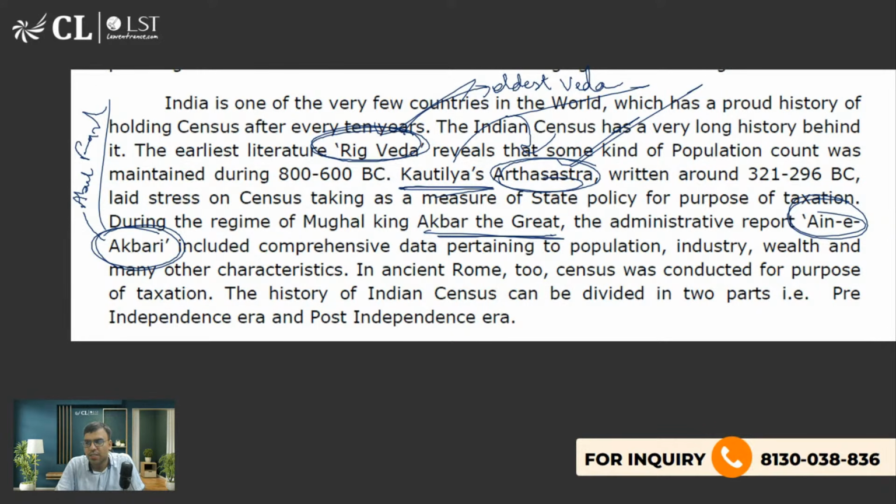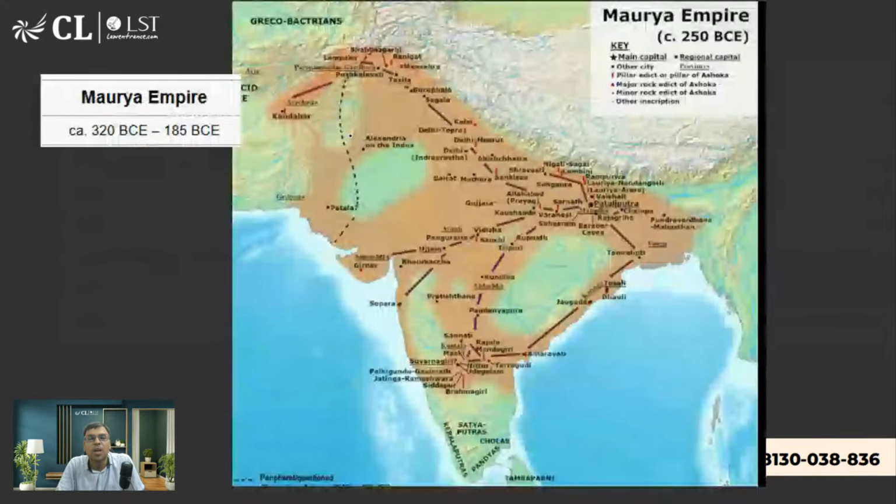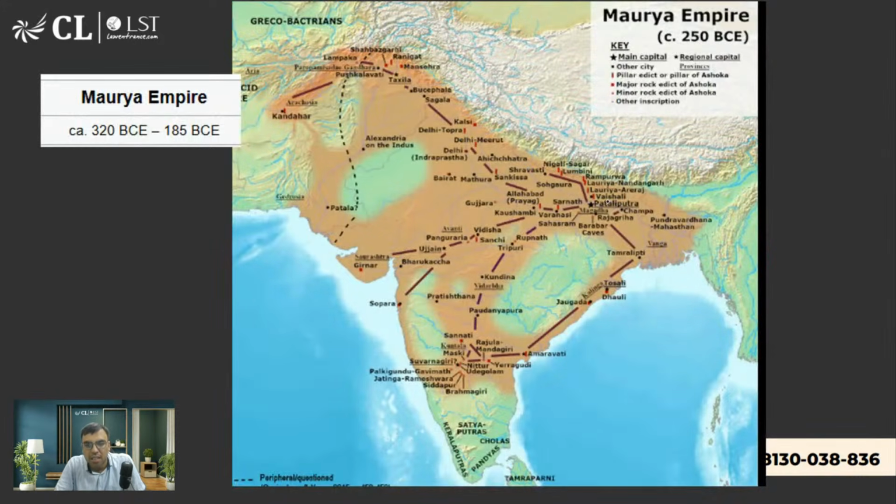कौटिल्य was the advisor of which king? कौन से राजा के दरबार में? चाणक्य भी इनका नाम है. विष्णुगुप्त, चाणक्य. चाणक्य तो नाम सुना होगा. विष्णुगुप्त also sometimes called. He wrote a very famous book on statecraft administration, अर्थशास्त्र. Yes, चंद्रगुप्त मौर्य के जमाने में. So this is the Mauryan empire, है ना. इनका कैपिटल था पाटलिपुत्र, which is today called Patna.